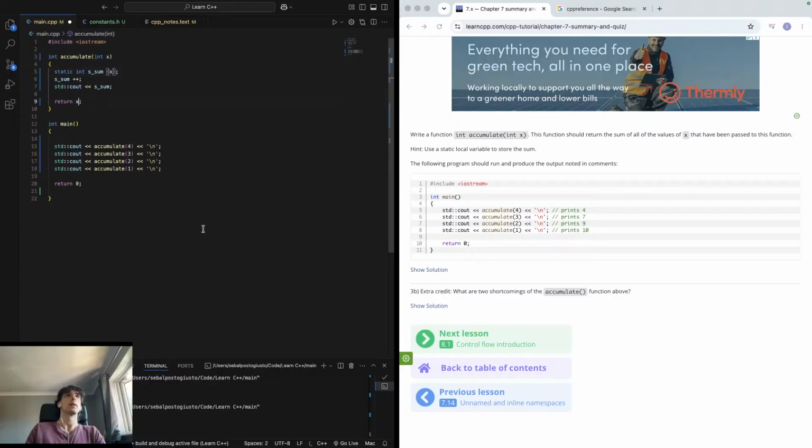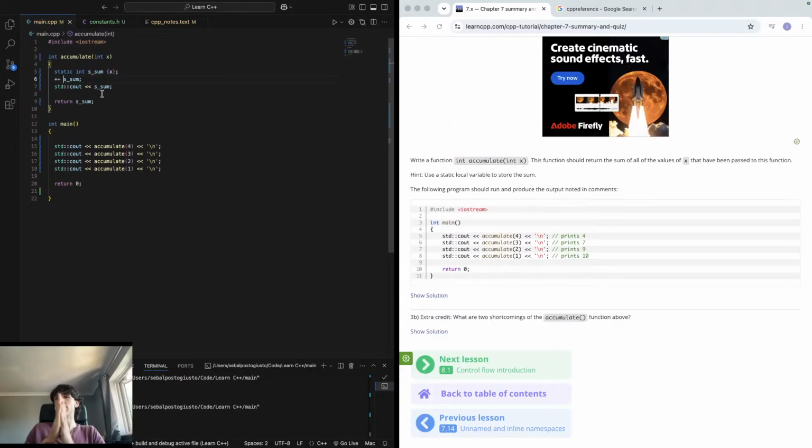No. Let me return that. Return that. So you've got static x. I mean, surely we need to use a for loop. We haven't covered for loops. So you do static let